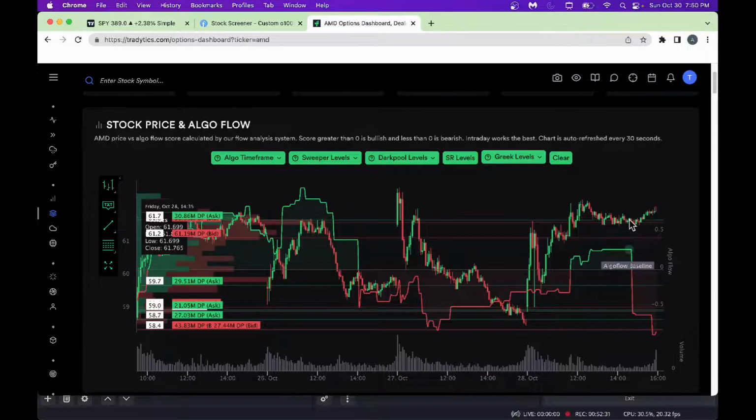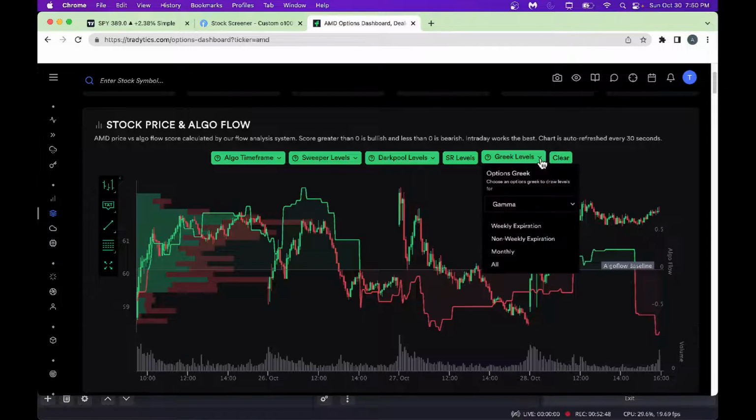Stock is really bouncing off of that level here. And it gives a good idea. This is one of the reasons these guys have some small in-house charting platform, just to have some of these dark pool levels and some of these Greeks, so that way you can make some good sense out of it.